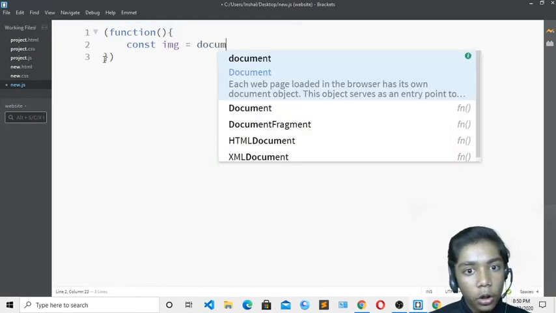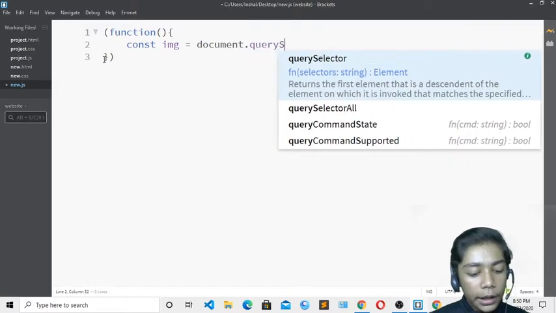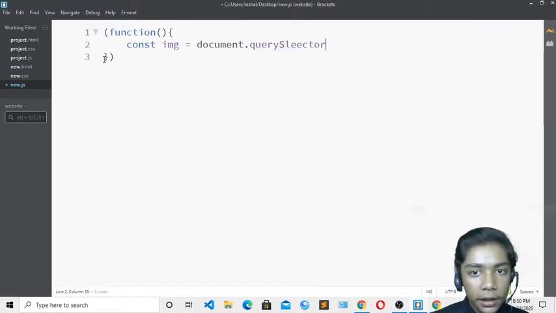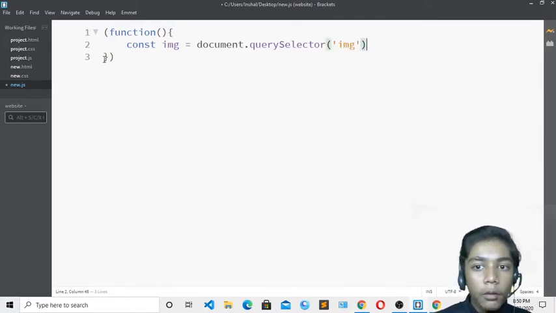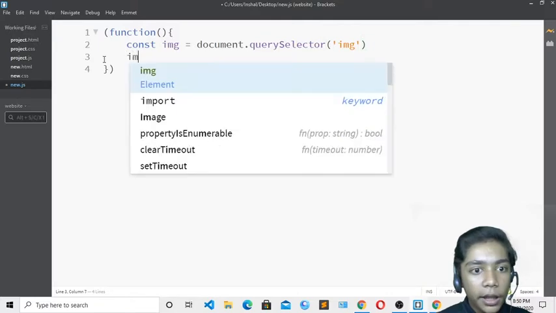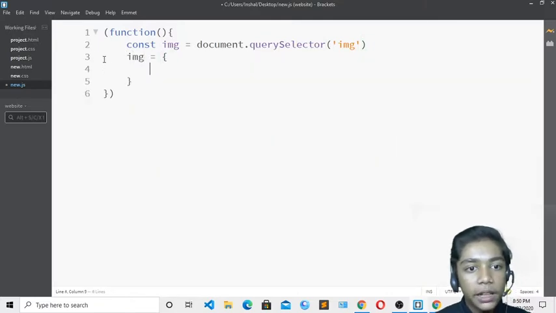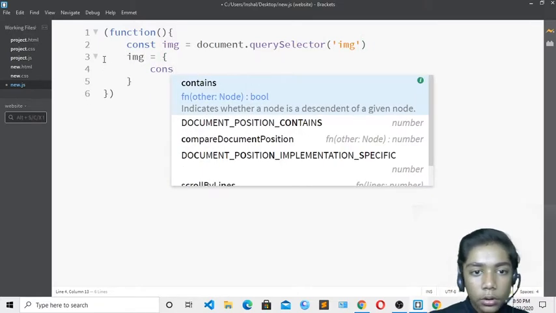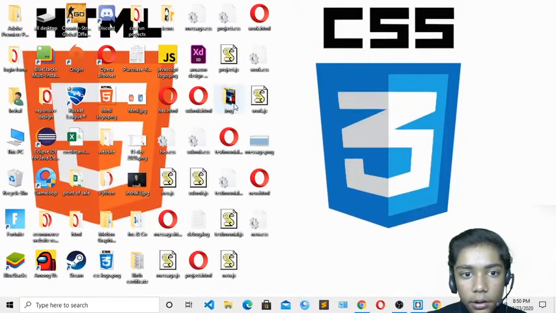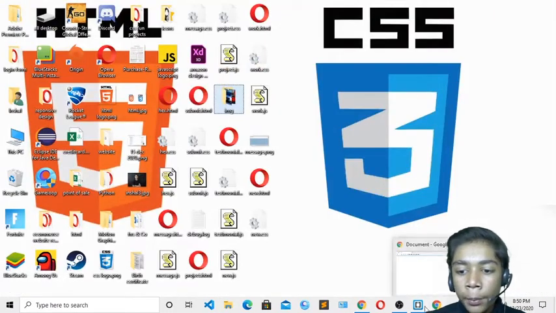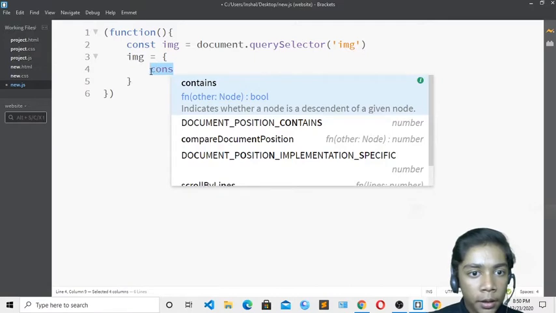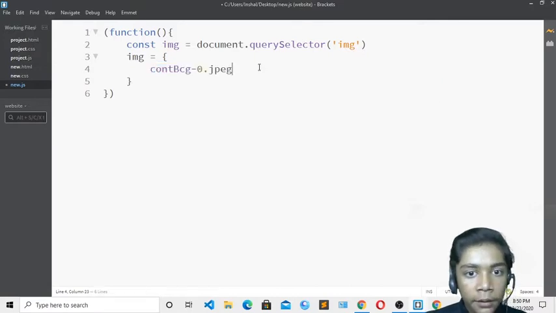So first of all I will write document.querySelector. So I will write querySelector; the spelling is incorrect again. So querySelector, then over here you have to write image. And now you have to define the image, so I will write all my image names. I have already copied it, so I will come over here and paste that. So now here you can see I have pasted my image name.